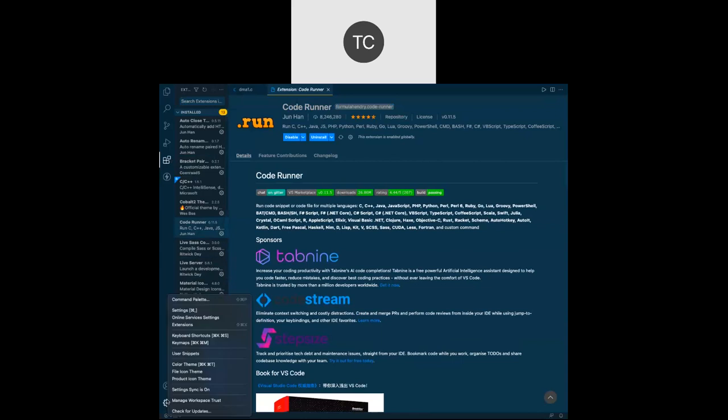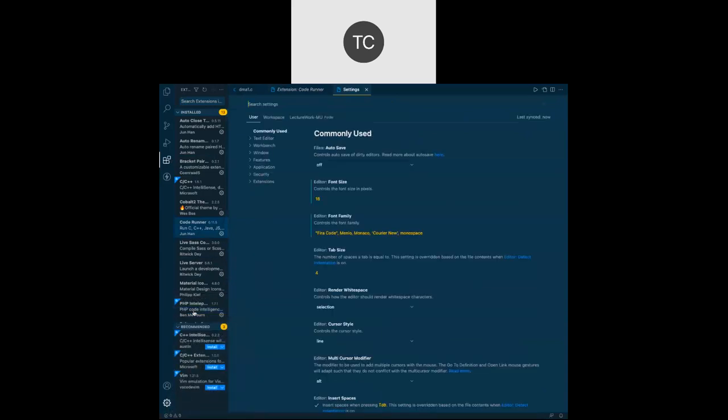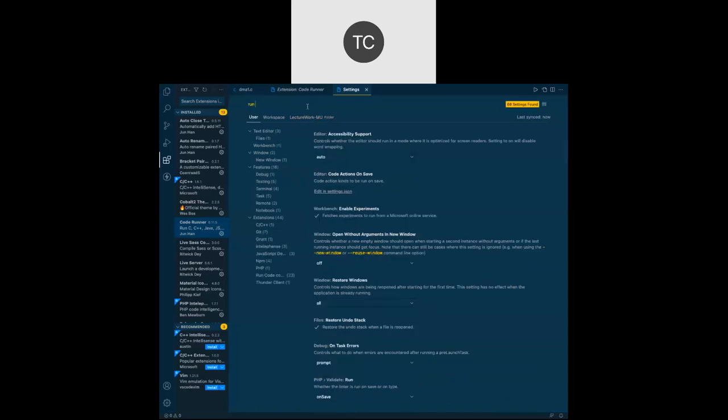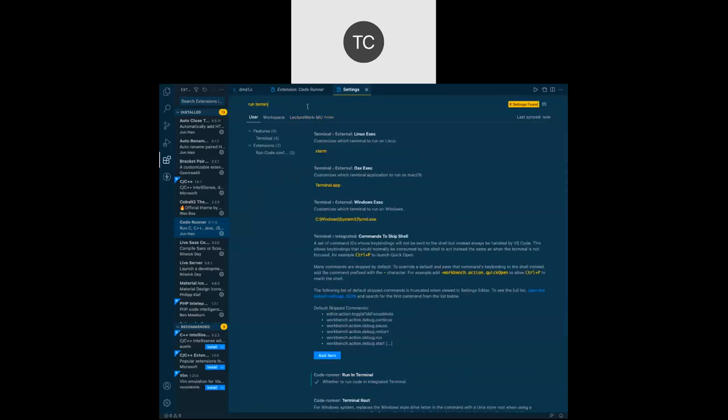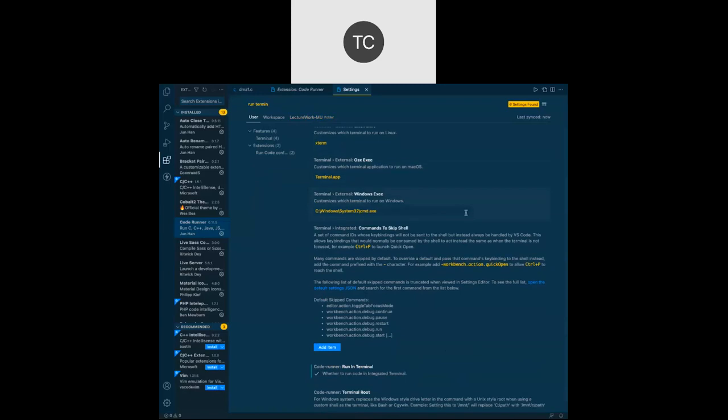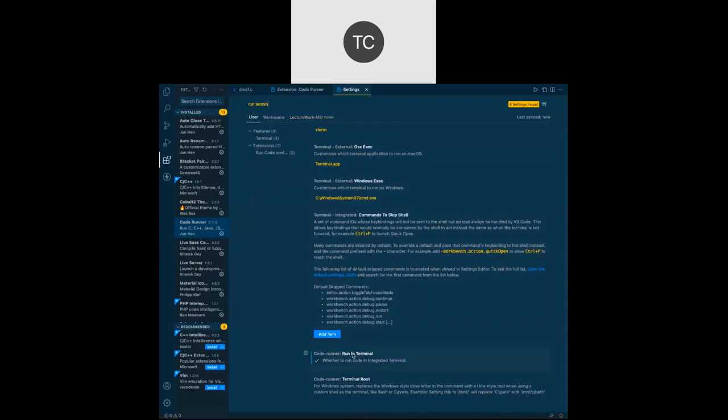You may go to settings here, and then search for run code in terminal. Yes, run in terminal. You need to enable this. Only then your code will run in a terminal, and you will be able to give some input. Output alone is okay, but it will not take input until and unless you enable this setting.